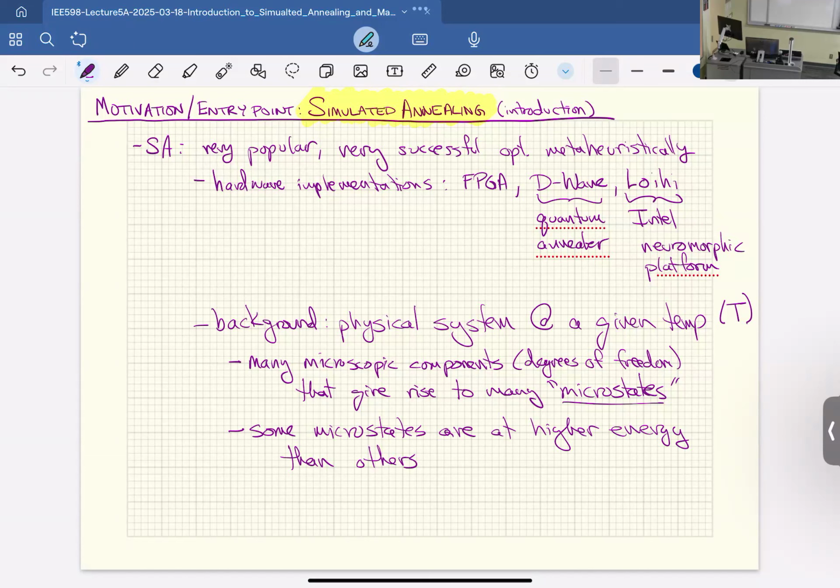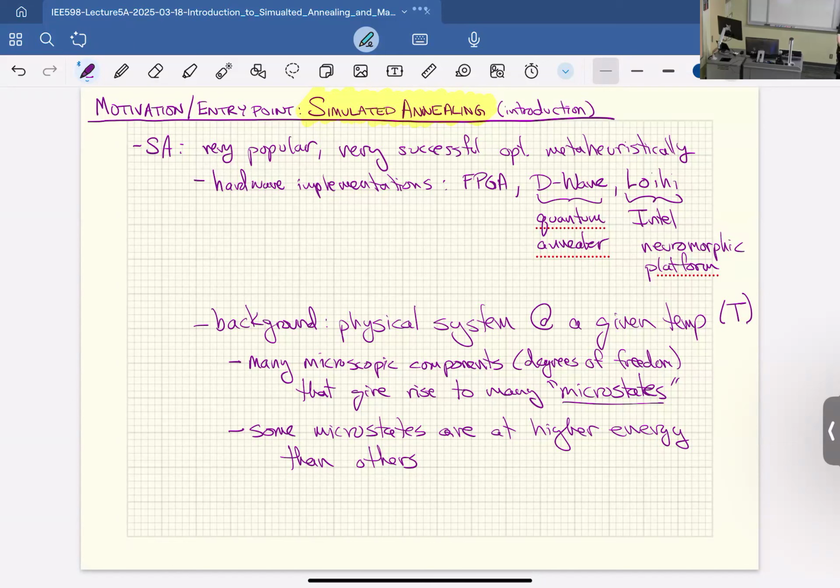So the idea here is that if you heat the chair up, then you're going to excite these microscopic components to start moving a little bit more. And you are going to make some microstates more accessible by heating the chair up. But the room is not at absolute zero. There is some ambient temperature, there's some energy available in the room that will cause this chair to jiggle from lower microstates to slightly higher energy microstates and then back down to lower.